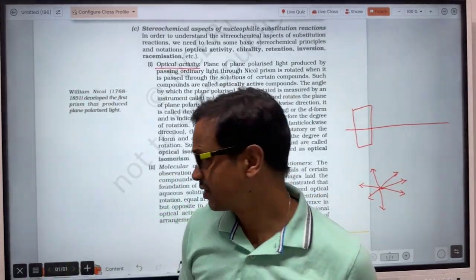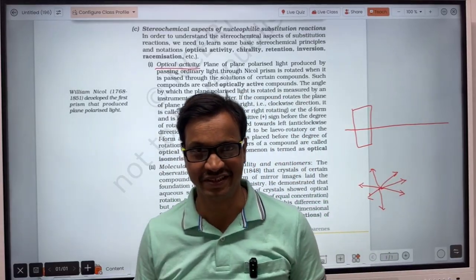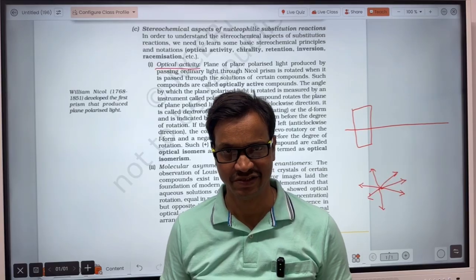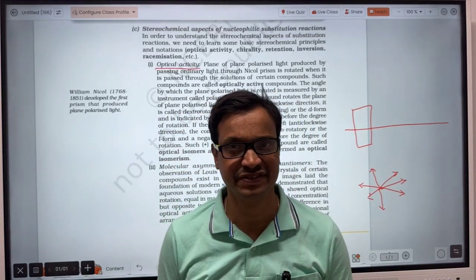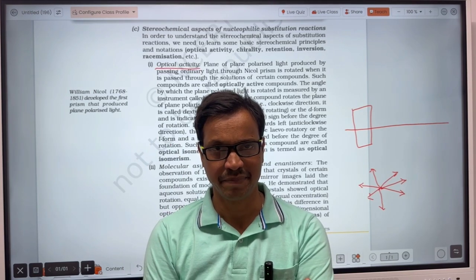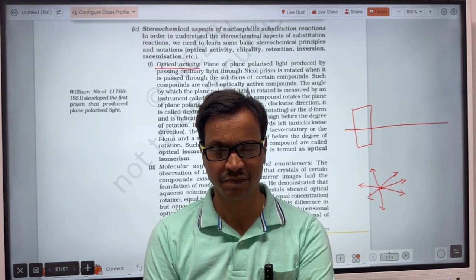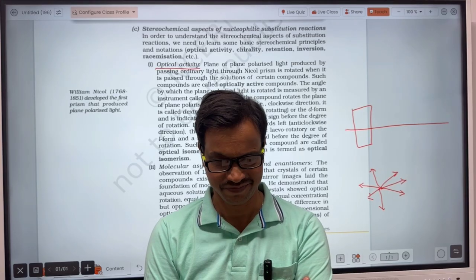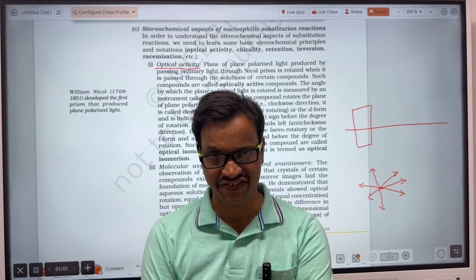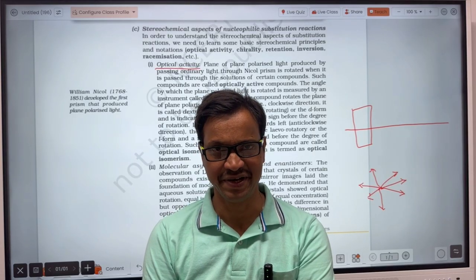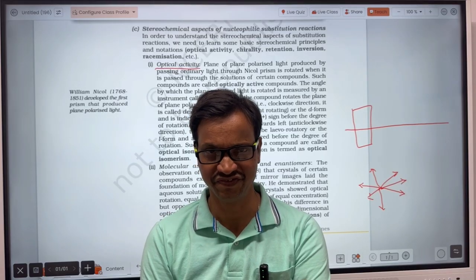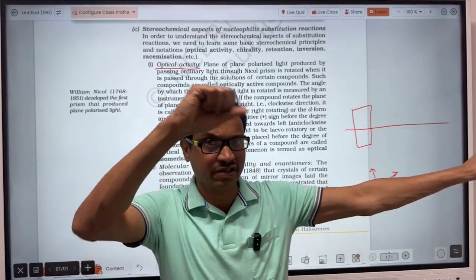Before that, one thing I forgot to tell: what is a transverse wave and what is a longitudinal wave? A transverse wave is the wave in which the constituent particles vibrate perpendicular to the direction of propagation of the wave. Like that, when you jerk a string,